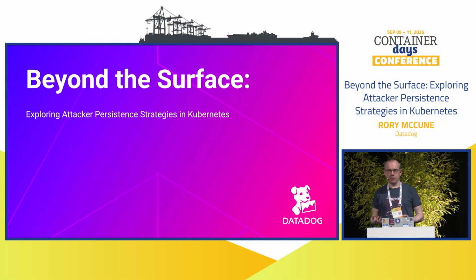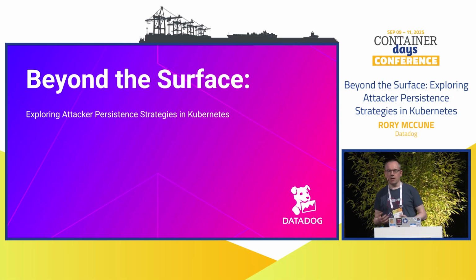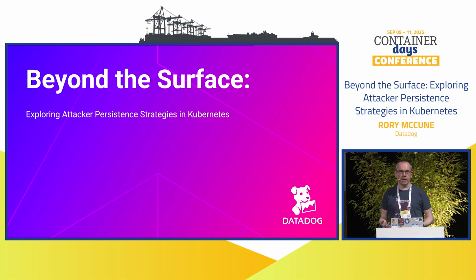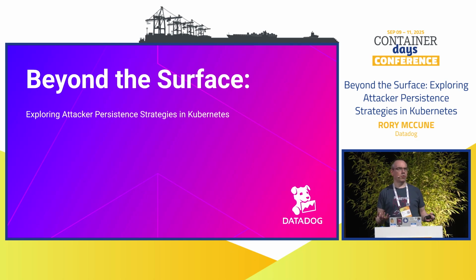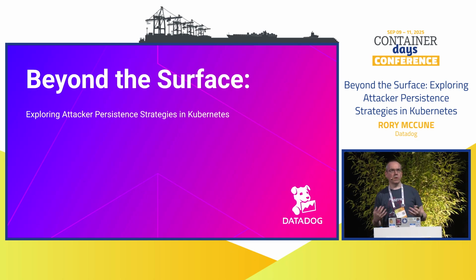Okay, good morning, everyone, and thanks very much for coming along to the talk. So, when we're talking about Kubernetes security, a lot of talks and articles will focus on the idea of how might someone break into a cluster? What are the kind of weaknesses they could exploit? What sort of things could they do to get in? And also, how could you stop them doing that?